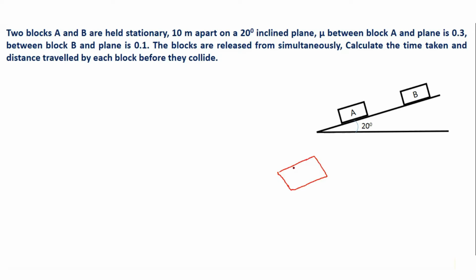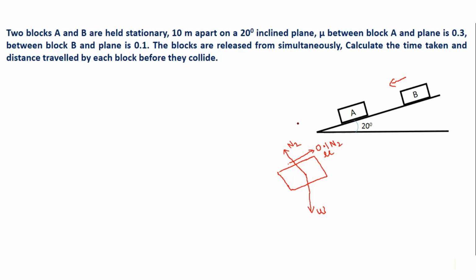The first force is the applied force, which is not available. Next is the self weight. Again I will assume the weight of block B as W. Then next is the reaction from the contact surface, so it will be, let us say, N2. And the next one will be the friction force. Now as this block B is coming downside, the friction force will go towards upside with a value of 0.1 N2, where 0.1 is the value of mu. So with this we have completed showing all the forces acting on the body.